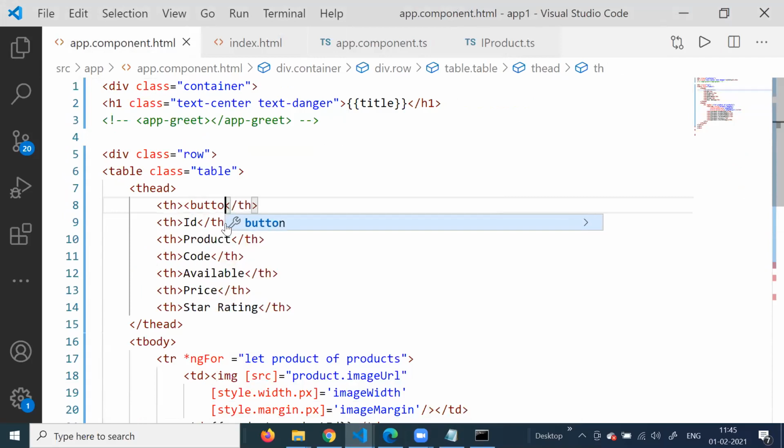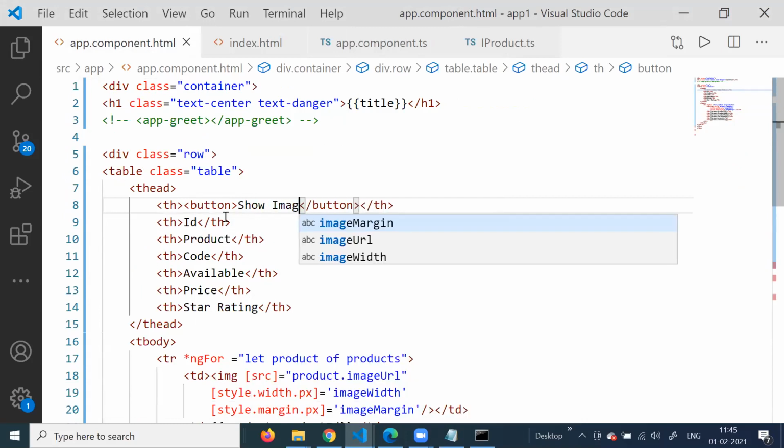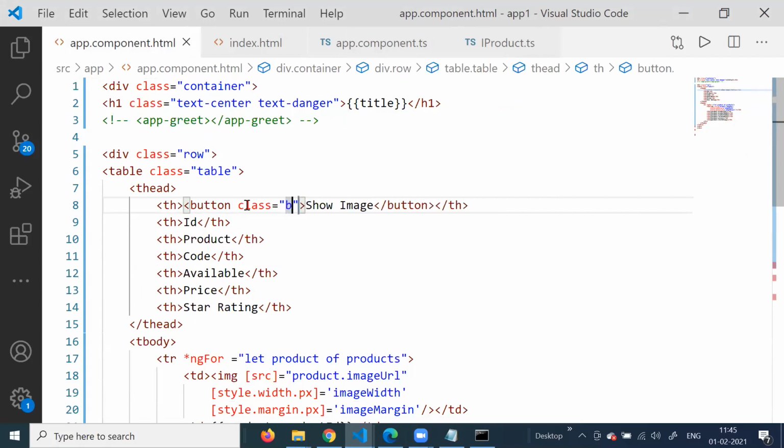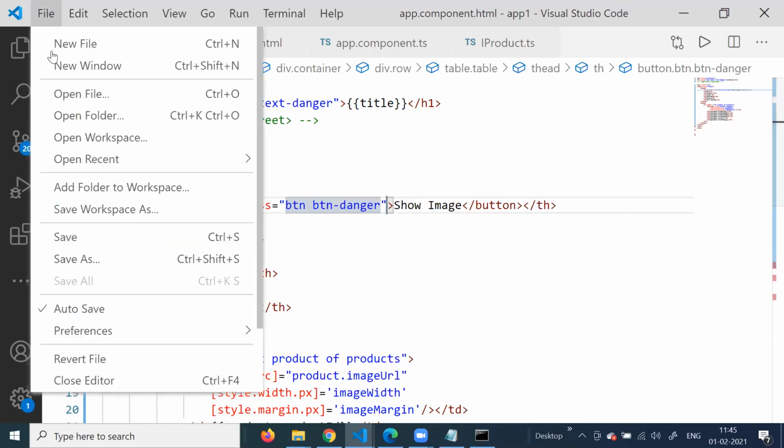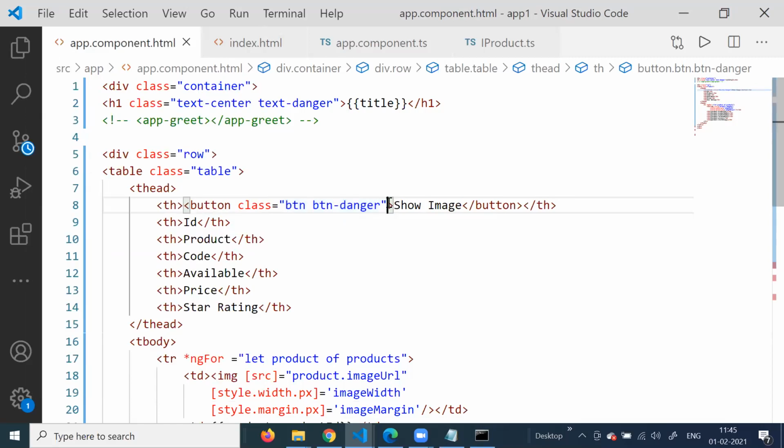So we'll say button, and let's say show image, and this button is class btn, and let's say that btn danger. So there should be one button there, save,